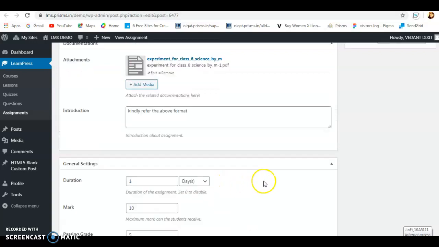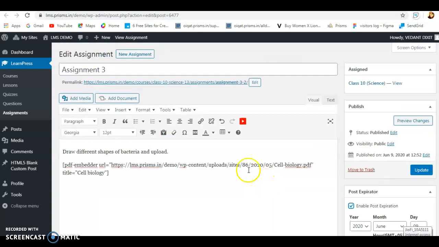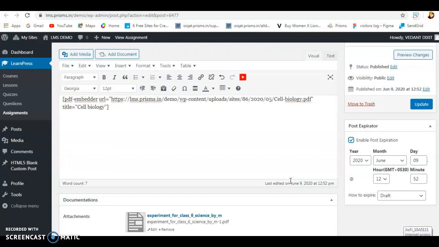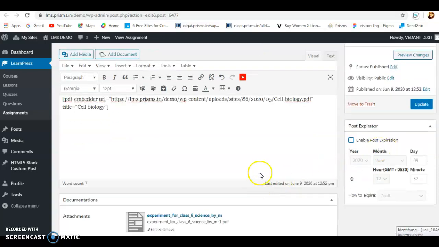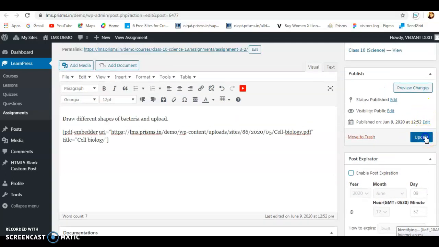But let's say you're using this assignment module for taking some exams, maybe your unit test exams. At that time you might want all the students to attempt it at that particular time and date frame only. So in that case, we have given the start date time and end date time option. If you want, you can use it. If you don't want, it's okay, you can simply update it as well. Now I'll click on update.